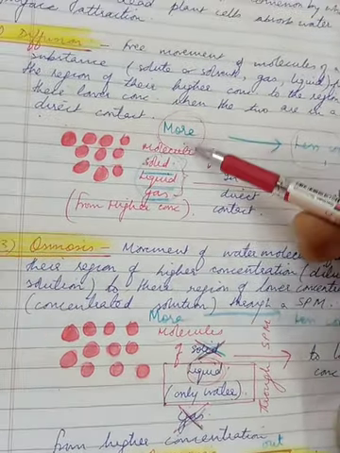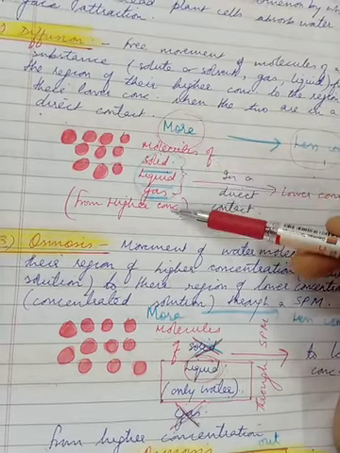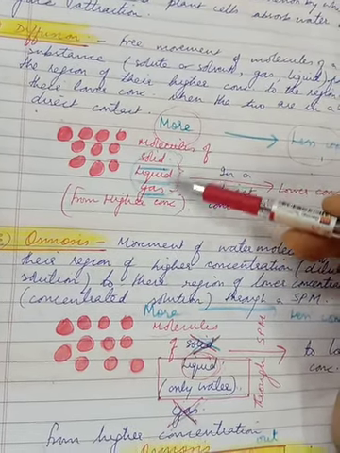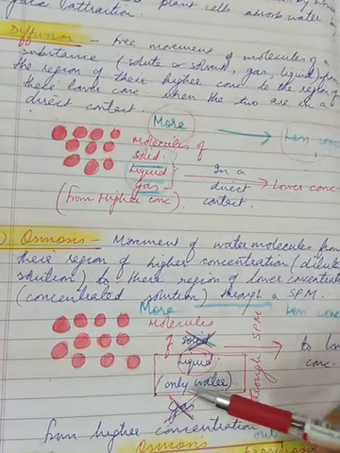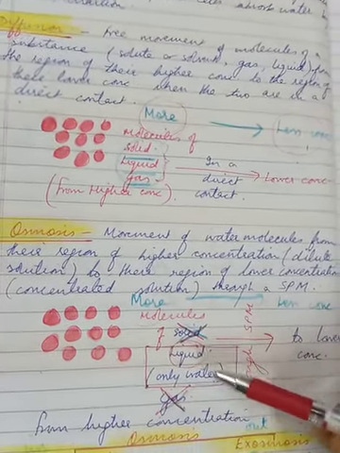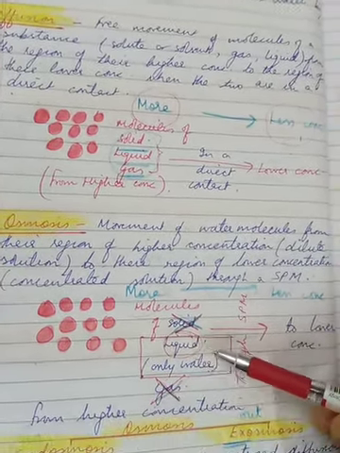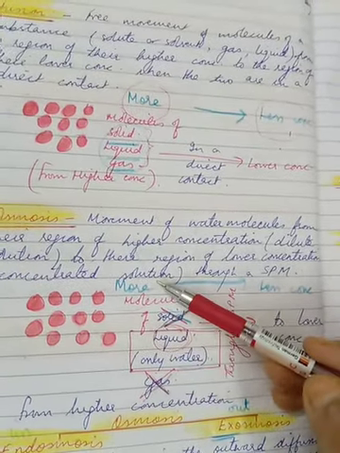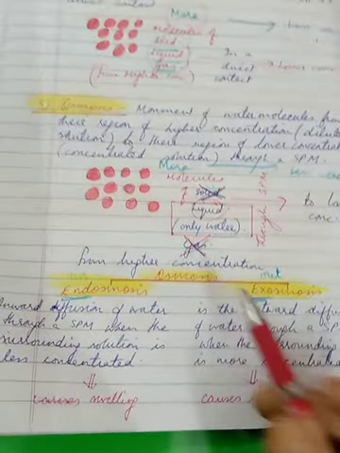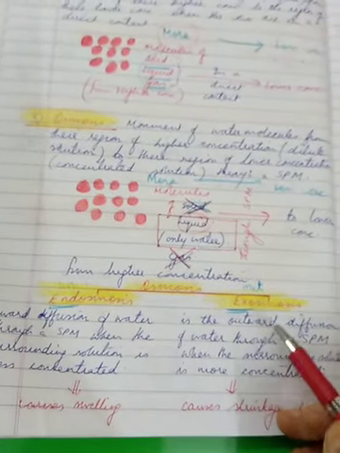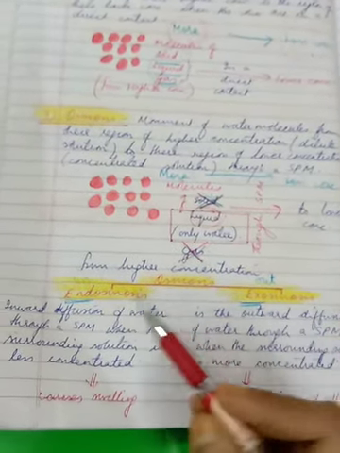Number two, in diffusion, all three states of matter occur: solid, liquid, gas. But in osmosis, solid it does not, gas it does not, liquid it only and only takes place with water molecules from an area of more to less. Osmosis is of two types. First is endosmosis, the second is exosmosis.